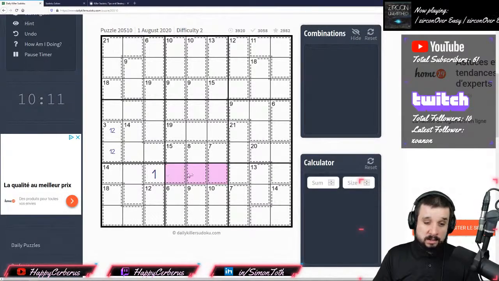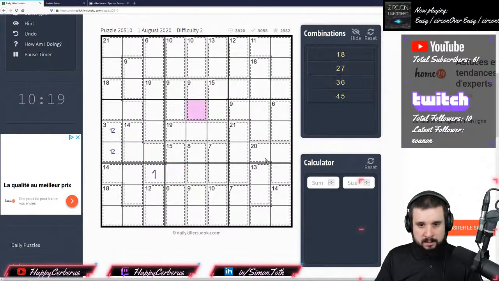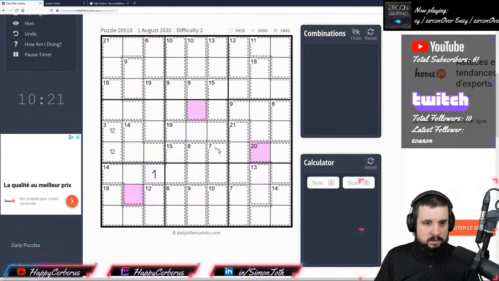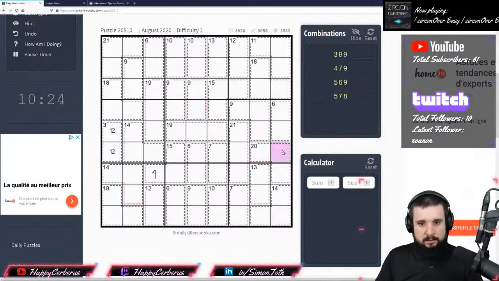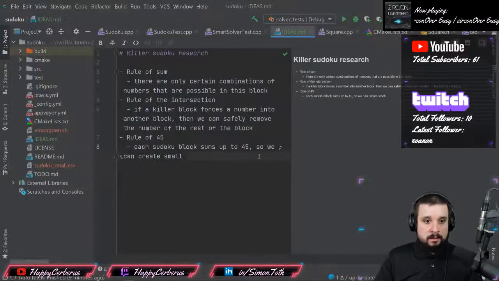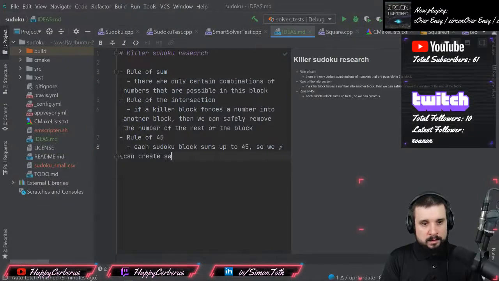So in this case we could actually create a proper killer block here. But in general, if you just have a clue that says this square and this square and, I don't know, this square together are this much, that's referred to as small killer. So we can create a new small killer block,